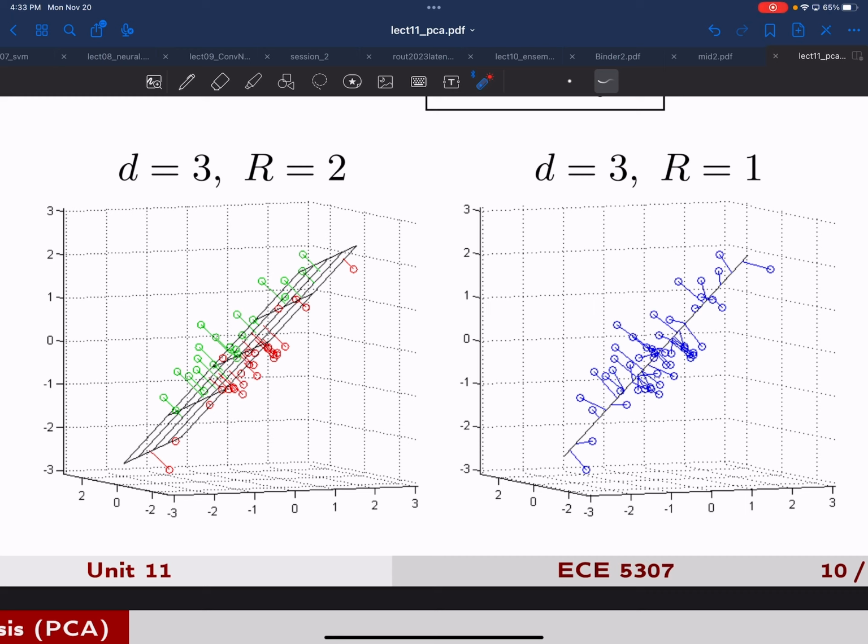Okay, so this is a visual example of what PCA is doing. It's trying to take a data set and approximate it on a subspace where the dimensionality of the subspace is less than the dimensionality of the original data. Once you do that,